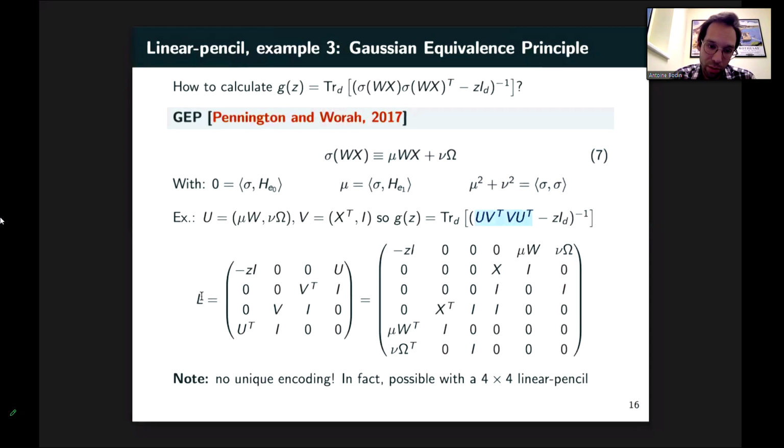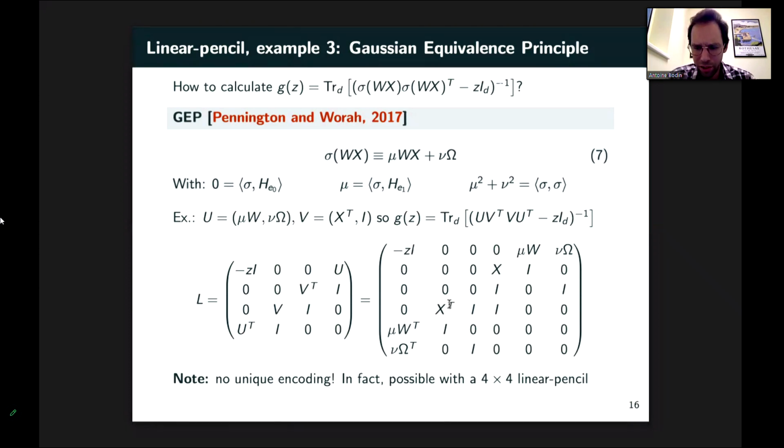And so if you use this block matrix L, what you can see using the Schur complement formula is that the block location 1, 1 is going to be precisely the product of U, V transpose, V, U transpose. So you get back precisely the expression that you're interested in. And if you flatten everything, basically this is your linear pencil. So it's linear in all the random matrices that we are considering, that is, say, W, X, and omega. Here we have 3 sources of randomness, so you can imagine that your covariance structure is going to be slightly more complicated than the ones that we have seen earlier.